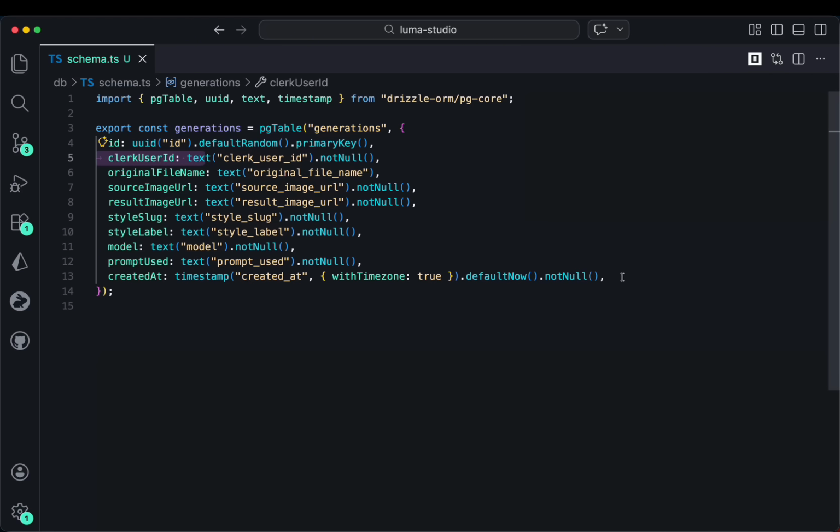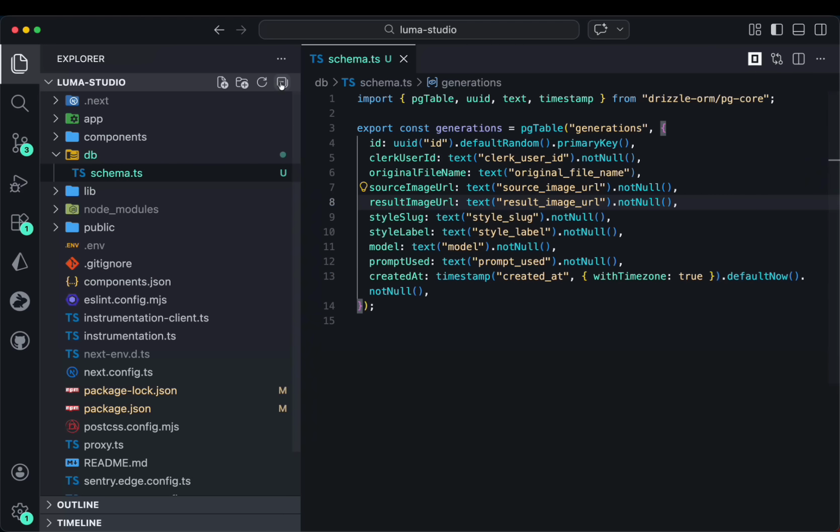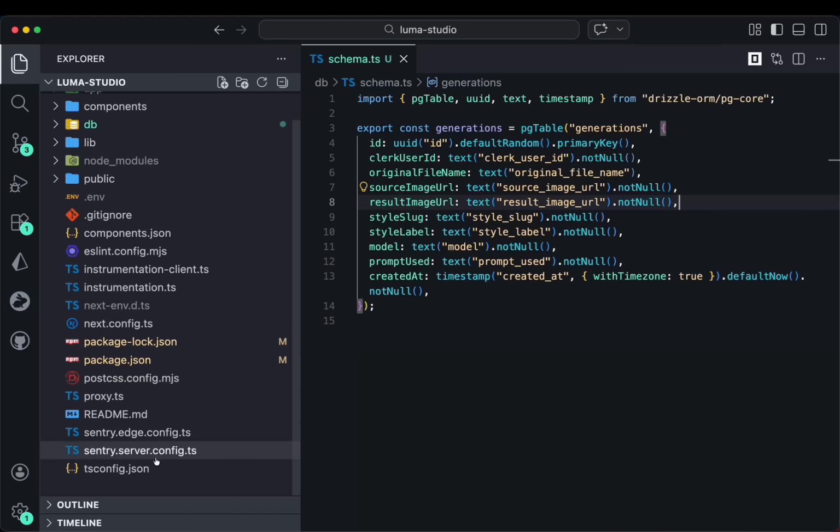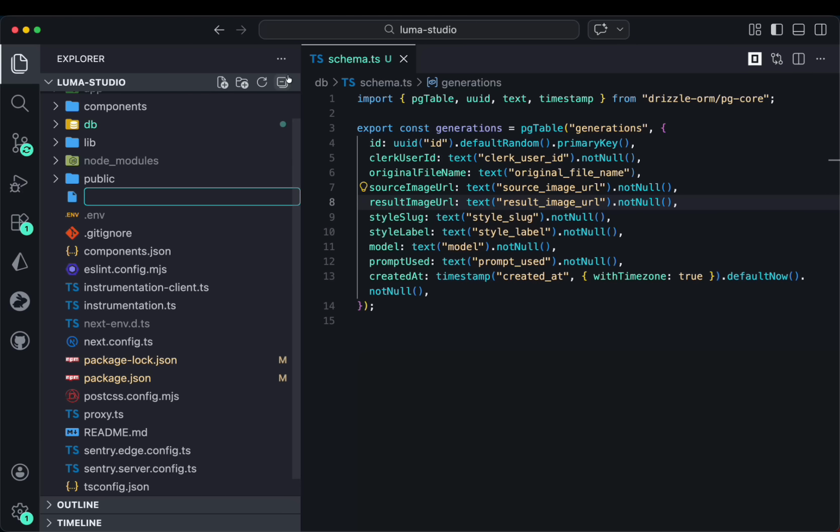So that's the syntax that you don't really need to memorize or completely understand. It just feels like an English sentence. We have the key. This is what we'll be using in JavaScript code. And this is what we're going to have in the database as the column name. Okay, so I'm going to save this and let's create another file that you need to have, which is going to be Drizzle kit. Sorry, Drizzle config, not kit. So it's going to be